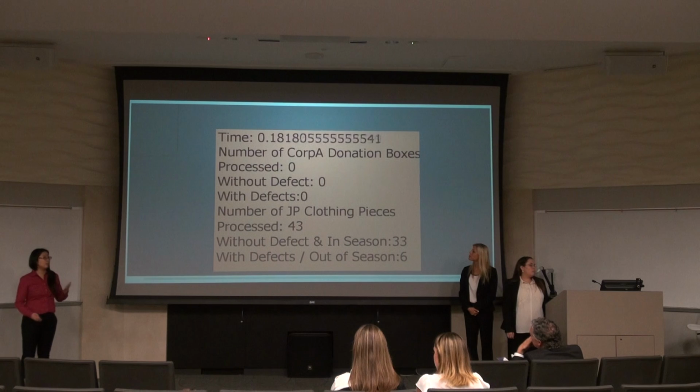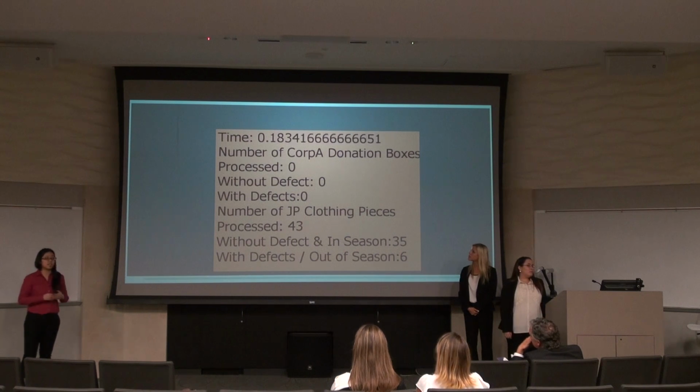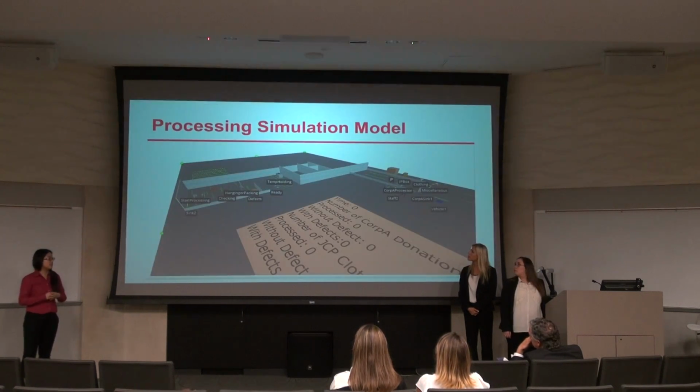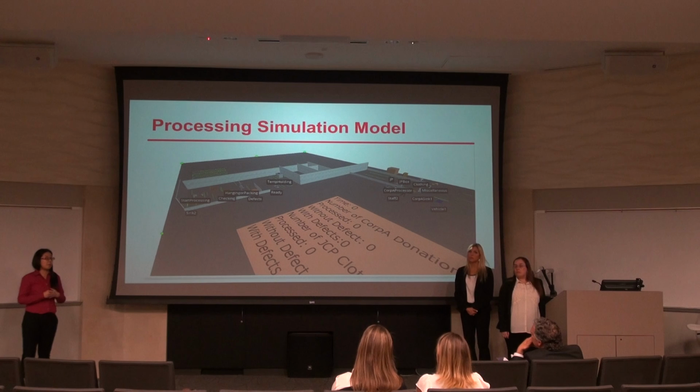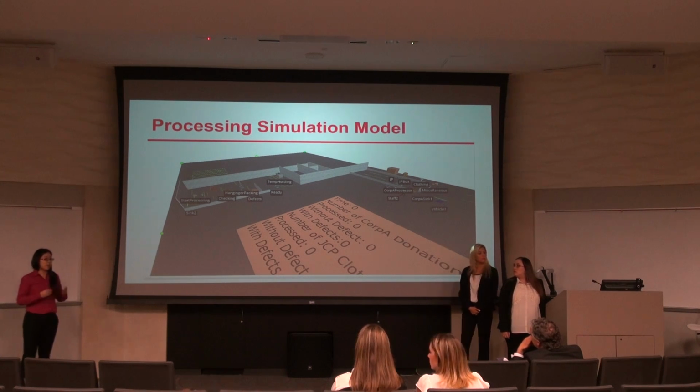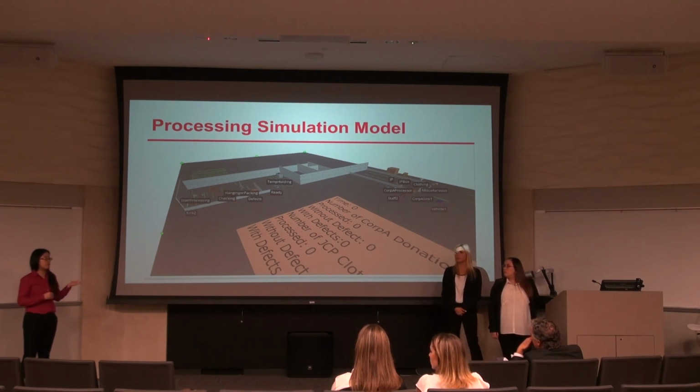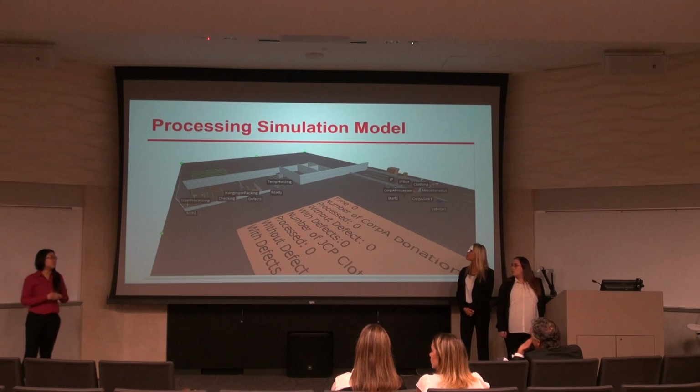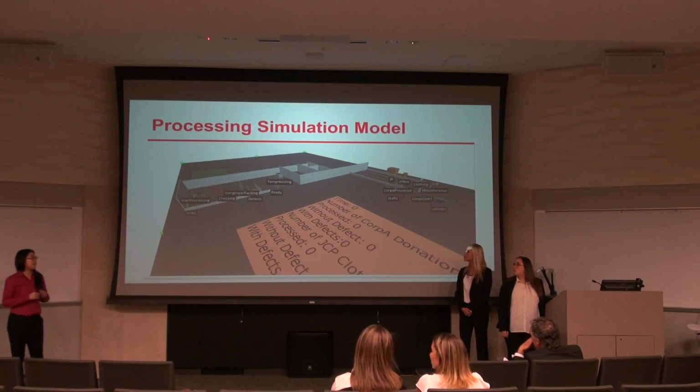And then we also had models for Corporation A's sources. We call the entities miscellaneous boxes, and it only has 1 station. It's a Corporation A processor, but it also has 2 outcomes. One is with defects, and the other one is without defects. So we also have some factors here